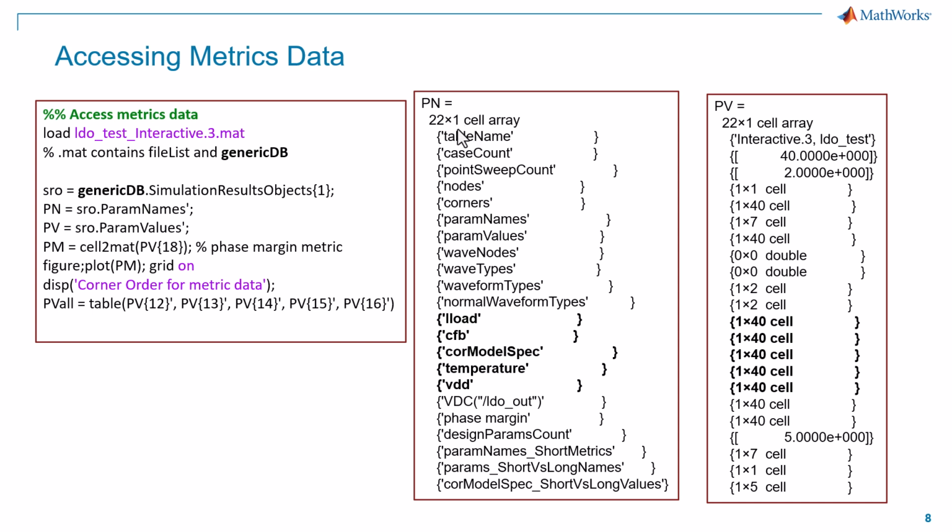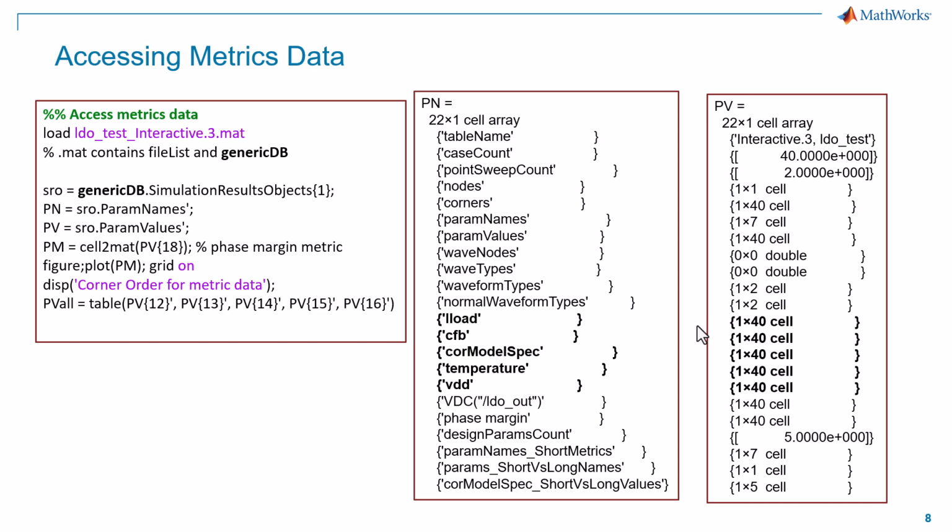And in my case, it was a 22 by 1, but that length will be a function of your particular configuration, test setup, and Cadence. In my case, I had 5 variables that I was sweeping or changing over the course of my simulation: a load current, a capacitor value, process corner, temperature, and voltage. Of course, you could have more than that. And that's in the process, and that's in the parameter names. For param values, they're the corresponding values.